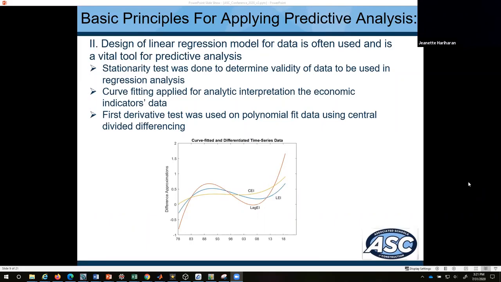Historically, we can design linear regression models for the building and construction cost indices. If we want to follow through and try to build a method that's more nonlinear, we would have to prove the stationarity of the data. So this was what we did first. We took the first derivative of the data, we added a polynomial fit to the data, and then plotted it. And you can see here that we do have the first derivative test proof of the stationarity of data.